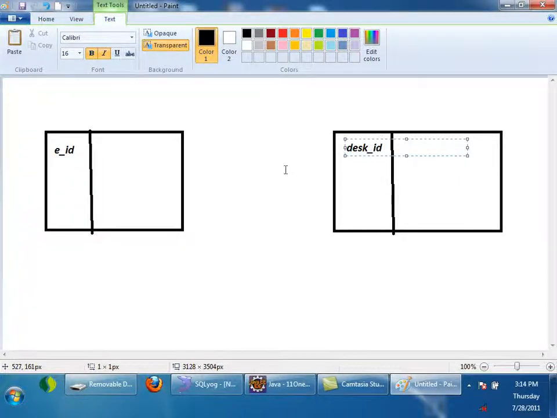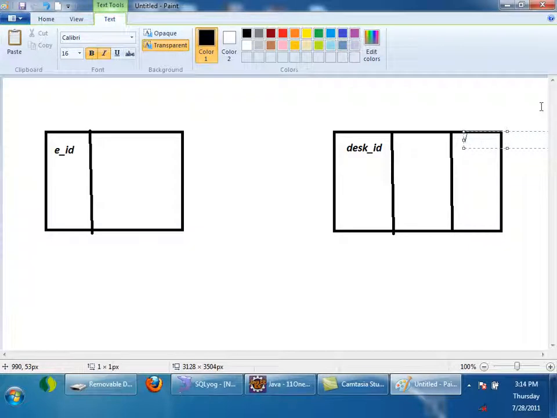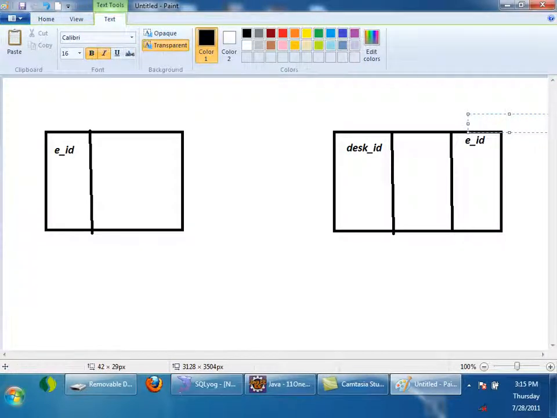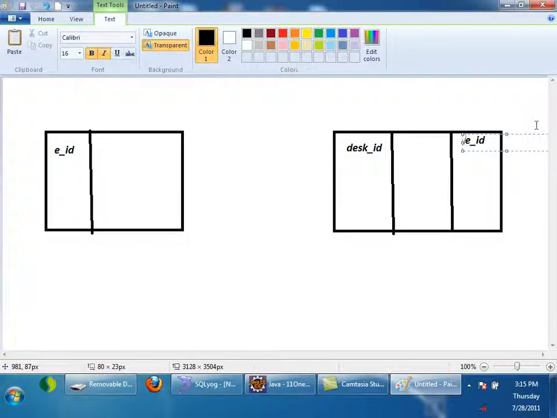This is a primary key, right? One strategy is to make E_ID a foreign key here and make this unique, right? If E_ID is coming here, it is nothing but one-to-many. But to make one-to-many into one-to-one, you have to make this E_ID unique. That will become one-to-one. So let us first write annotations for this strategy.